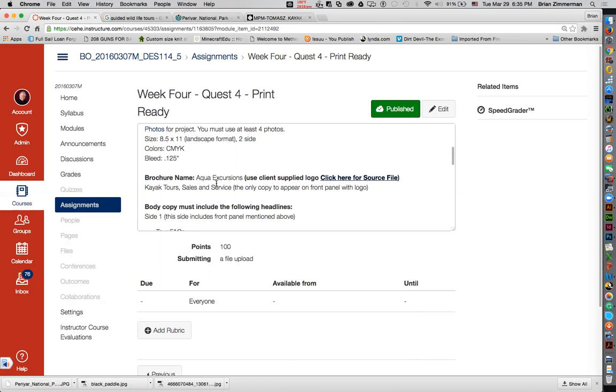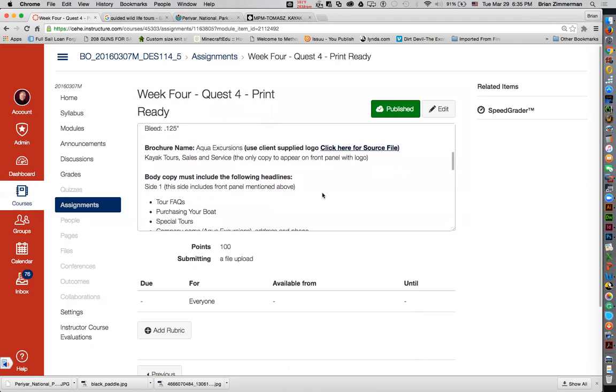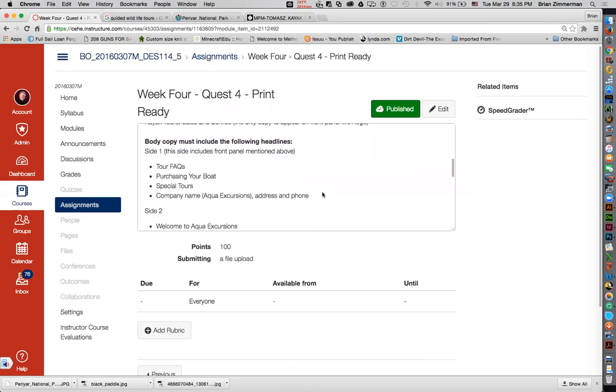The front has to have this copy on the front panel, and it's right here in the Quest. The front side, so when you open this up, it would put the Aqua Tours logo on the front of it here, and we would have to have things like the company name and address and phone. That often will go in the center panel so that when people are looking at it, they pick it up, they turn it over. This would have more information on it. So I kind of like to put that stuff,